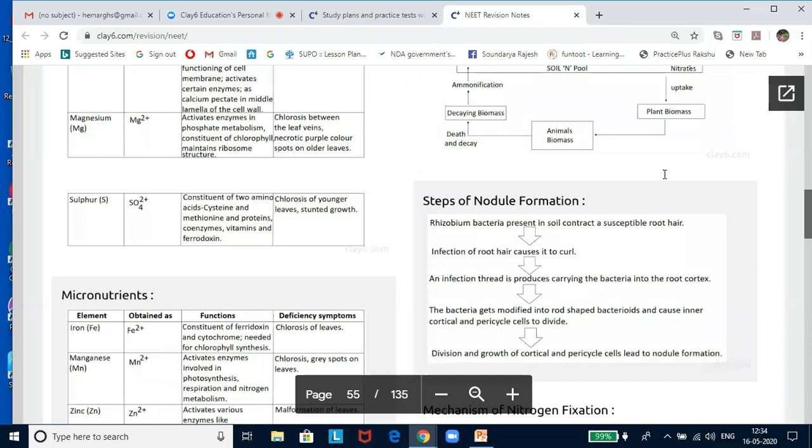Now, nodule formation. Rhizobia multiply and colonize the surroundings of roots and get attached to epidermal and root hair cells. The root hair curls and the bacteria invade the root hair. An infection thread is produced, which carries the bacteria into the cortex of the root, where they initiate nodule formation. Then the bacteria are released from the thread into the cells, which leads to the differentiation of specialized nitrogen-fixing cells. The nodule thus formed establishes a direct vascular connection with the host for the exchange of nutrients.